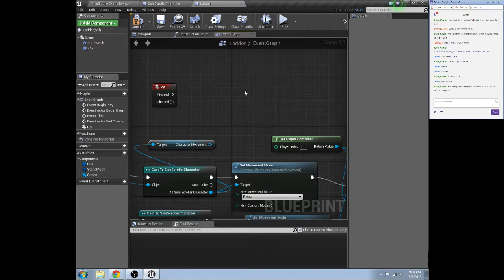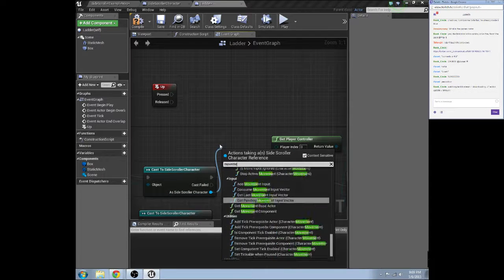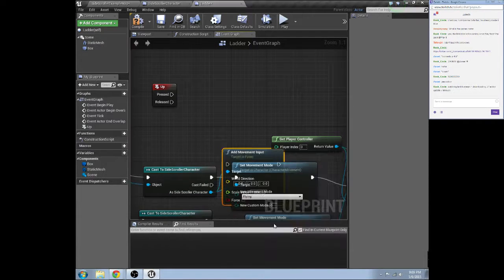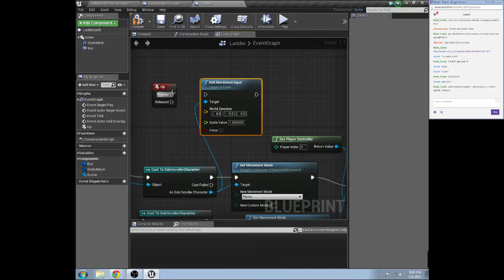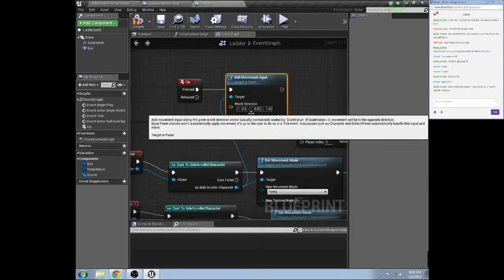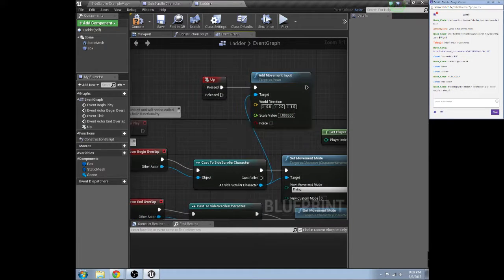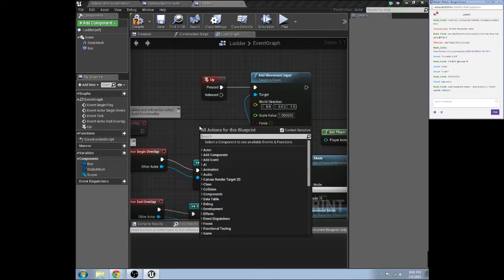No, that's not going to work. Okay. Movement input. There we go, that's the one we want. Z1 scale value is 1, but we want it to be